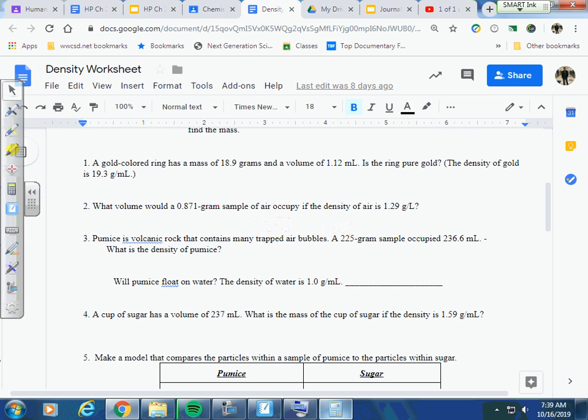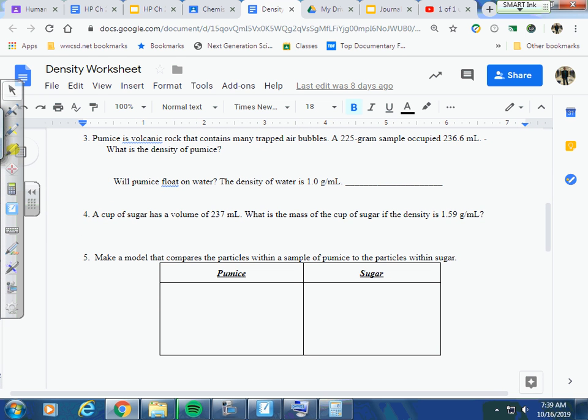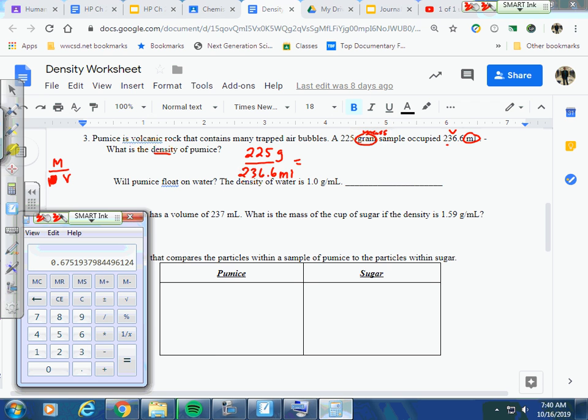All right, moving on. Number 3. Pumice is a volcanic rock that contains many trapped air bubbles, a 225 gram, okay, so that's mass. Occupied milliliters, that's volume, all right. So I've got mass and volume, that means they want me to find density. Okay, so find density means mass divided by volume. So 225 grams divided by 236.6 milliliters equals 0.951